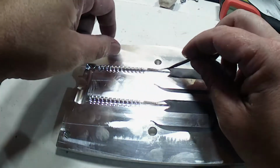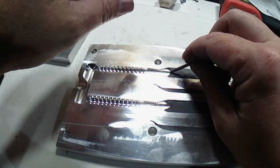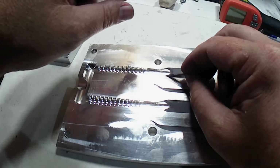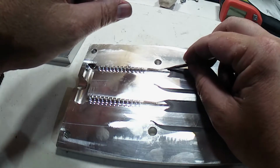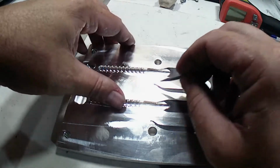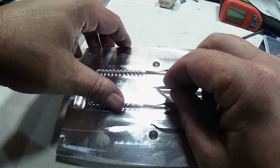What I did first was I ground the JB weld down until I found that loop right there, and then I kind of radiused everything down from there. Just smooth it off, and then I came back in. This fits really well in the tip of this mold. Come back in